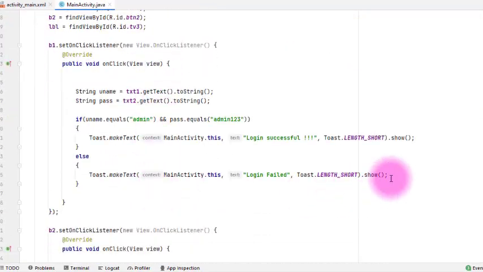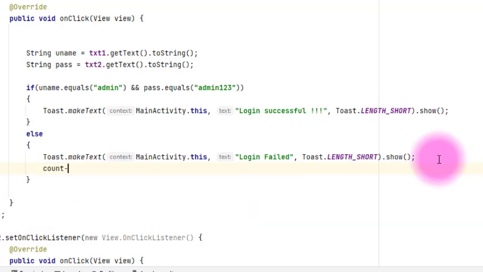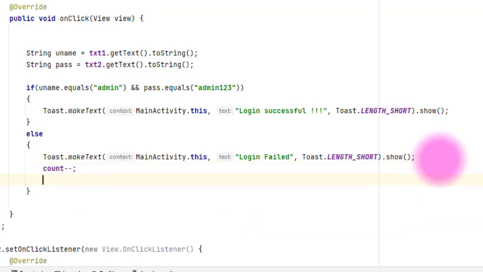Now after a wrong login credential, the count gets decremented by 1. Then we will check if this count is equal to 0.